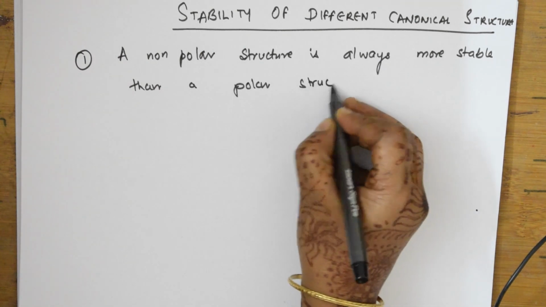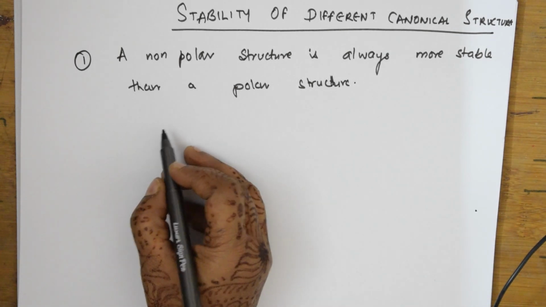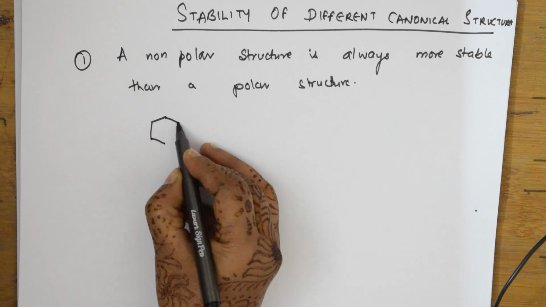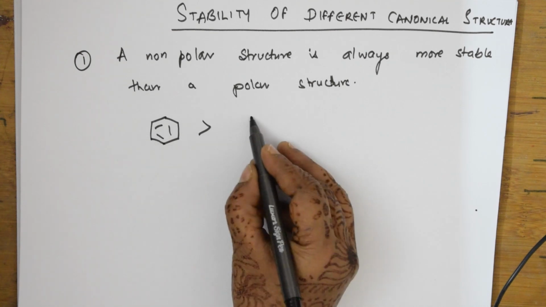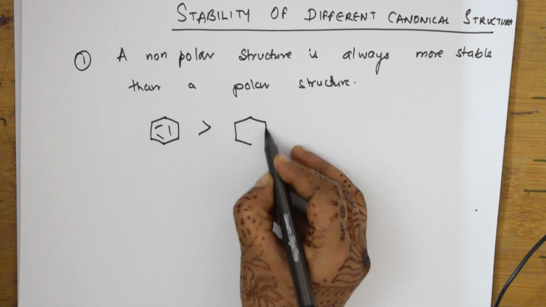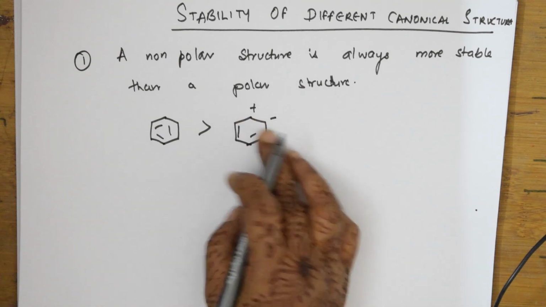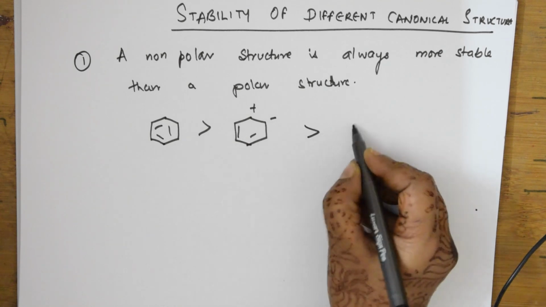Polar structure. Right. Let us see the order now. This is a non-polar molecule. Correct. This is more stable than, see this, now this has become polar, isn't it? This is more stable than